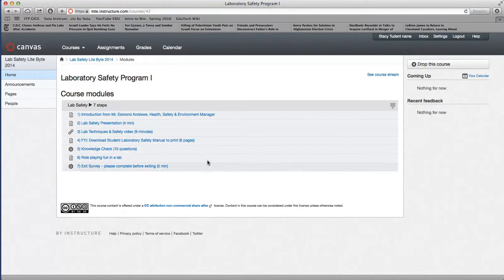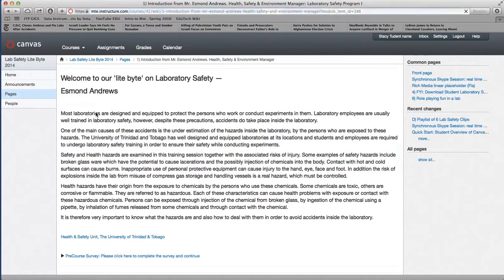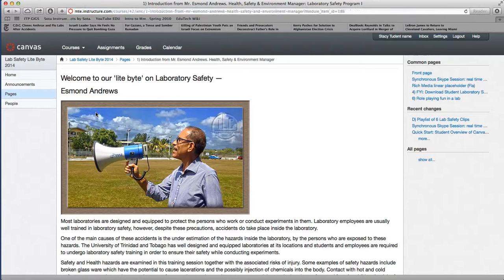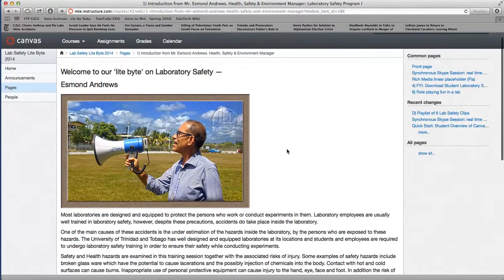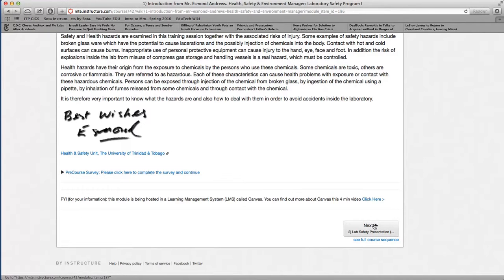This is the interface. And these are the hyperlinks, so you can kind of intuitively tell where the action is because they're hyperlinks. Arrow turns into a finger. And there's 7 points here. You can see it. So first, let's go to the introduction. And there we go. A little intro in text, and a little letter there from Esmond Andrews, the Health and Safety Manager. You go through that, and then next, which takes us to number 2,